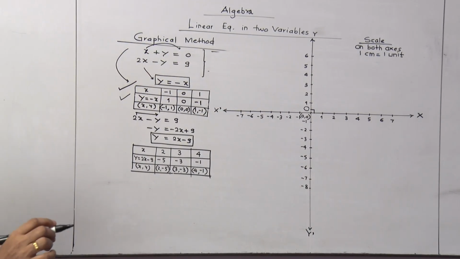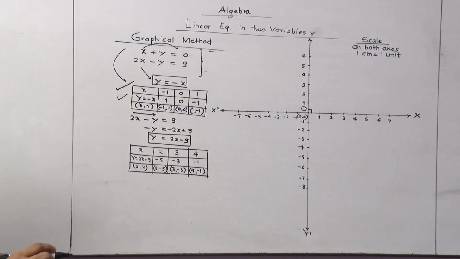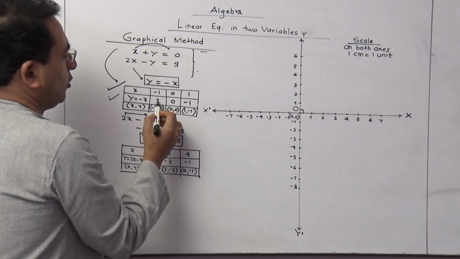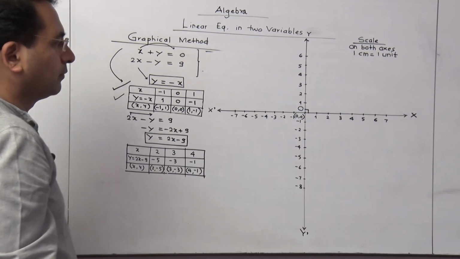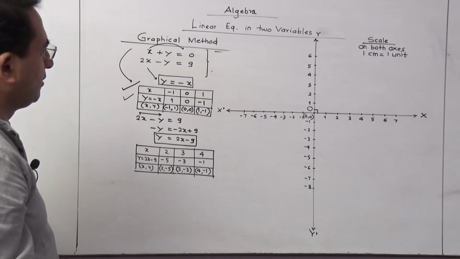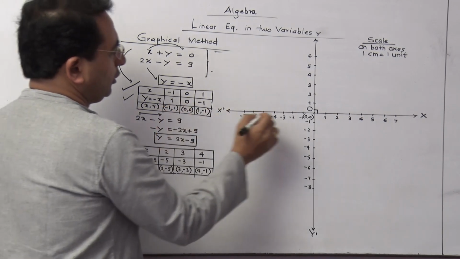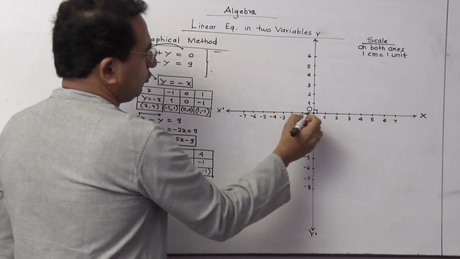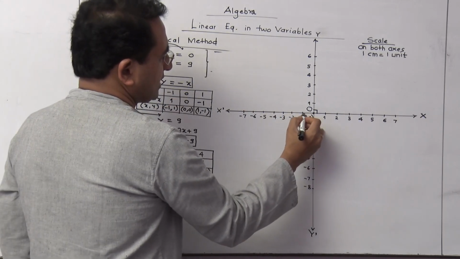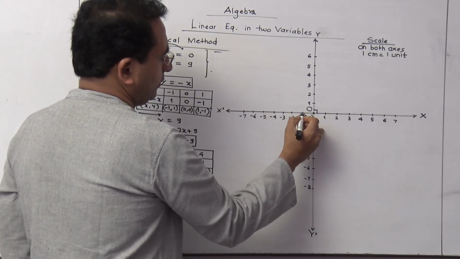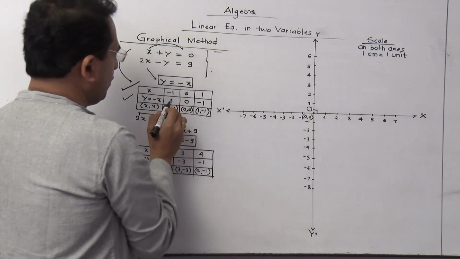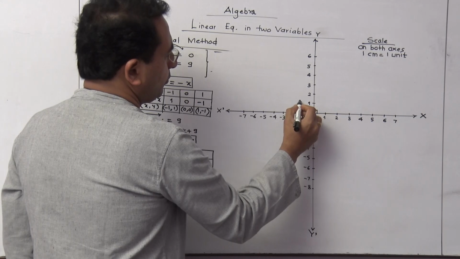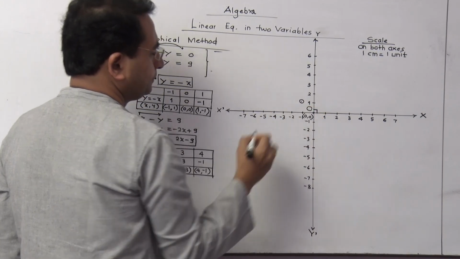Let us understand how to plot the points. Now your first point is -1, 1. Correct? Now that -1, 1, how to plot? You have to stand here at the origin. Your first order is -1, so your first movement should be on the x-axis. -1 means on the left. And then the second order is 1, so we are supposed to move ahead. So I think this point you are going to get.